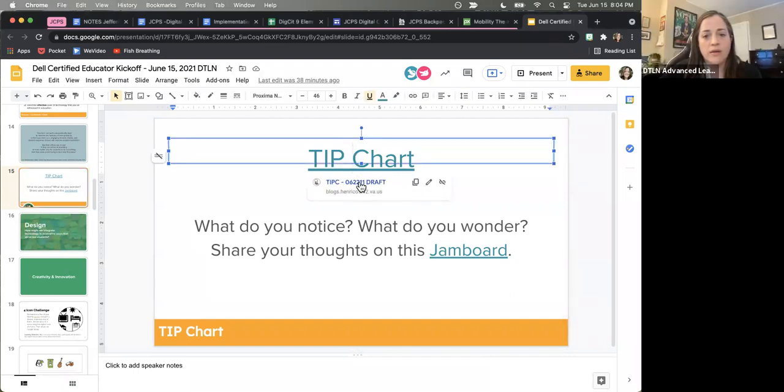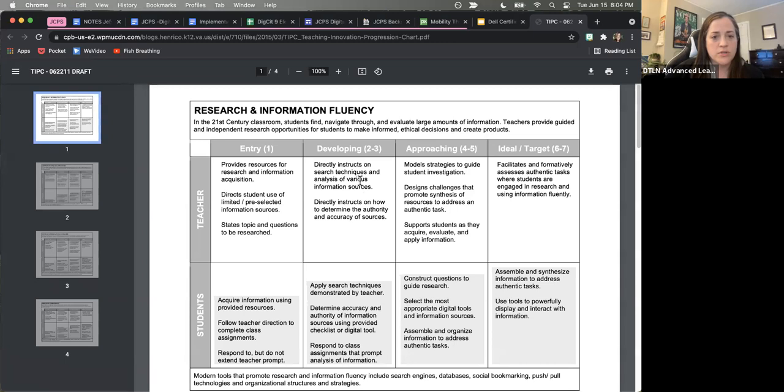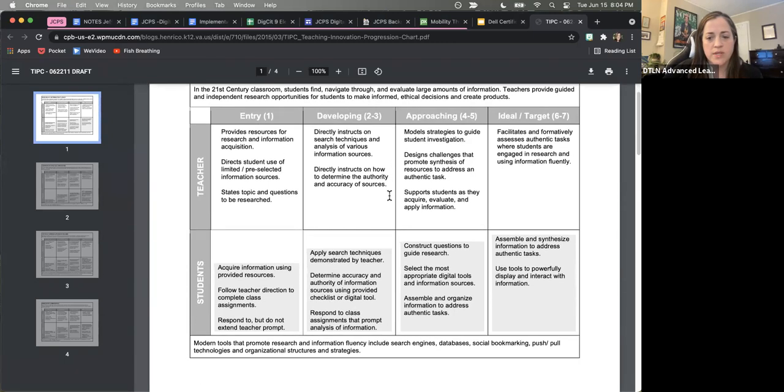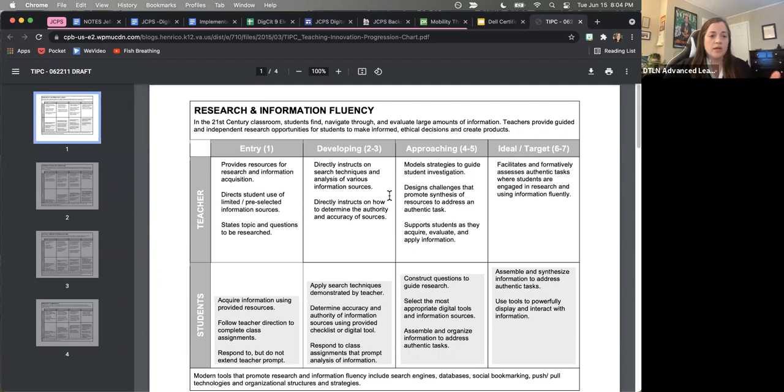Yeah. So I'm back in here and I'm going to show this screen in case anyone is able to look. With the tip chart, what we would be doing right now is a notice and a wonder. I've also created a Jamboard, but with people's technology situations, it's a little tricky. The whole point of the notice and wonder protocol is that you look at something like this chart, and then you share things that you notice or things that you wonder. Anything that jumps out, you could mention as a notice.